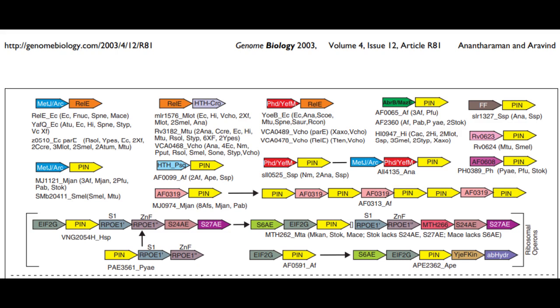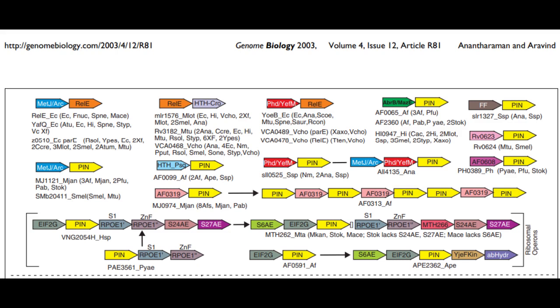And that method became a favorite for people to repeat and redo over the years several times to find new TA systems. But in this first work on TA systems, where we first presented this method and discovered new systems, one new toxin which we found among several others was the PIN domain. And this PIN domain is a metal-dependent endoRNase, which cuts